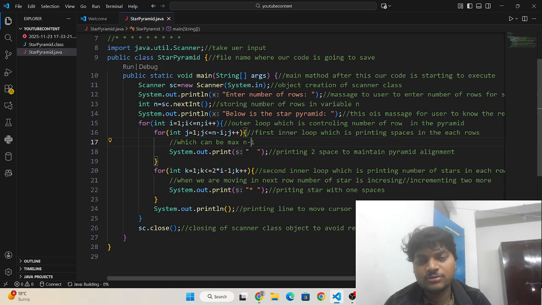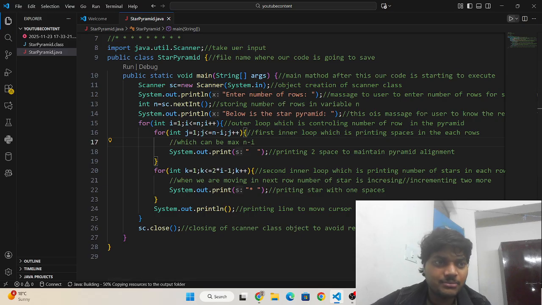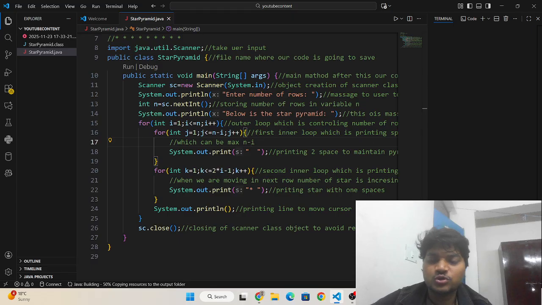The second controls the number of spaces printed. The third prints stars, which can be a maximum of 2i minus 1, twice the row number minus 1. You need to keep these things in mind, and you have to do a dry run so that you can build the logic for problems related to these.